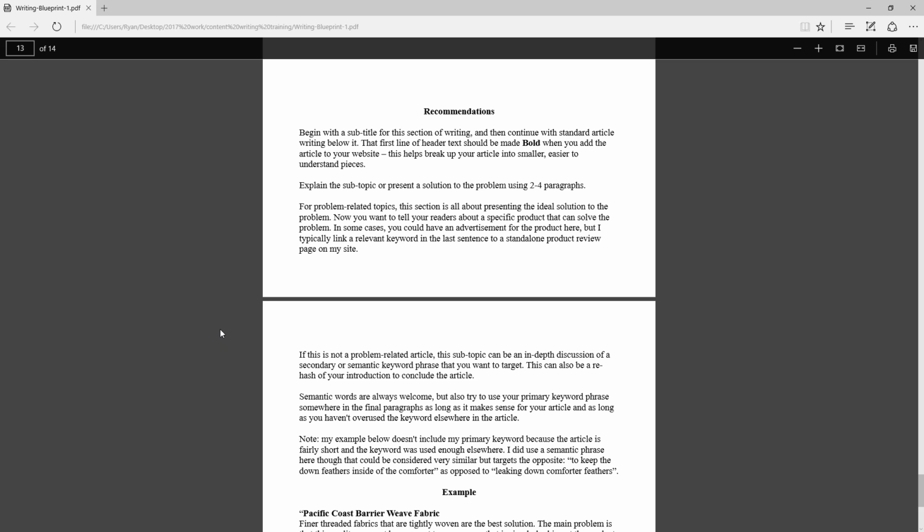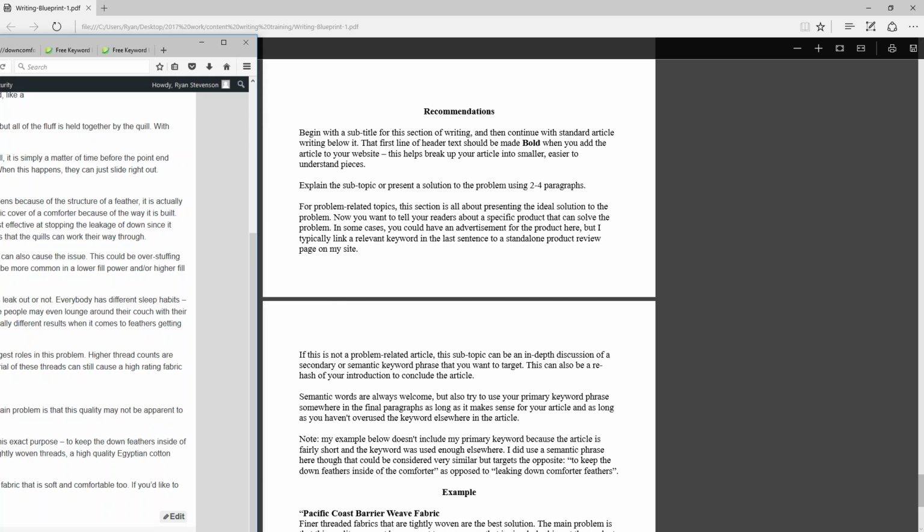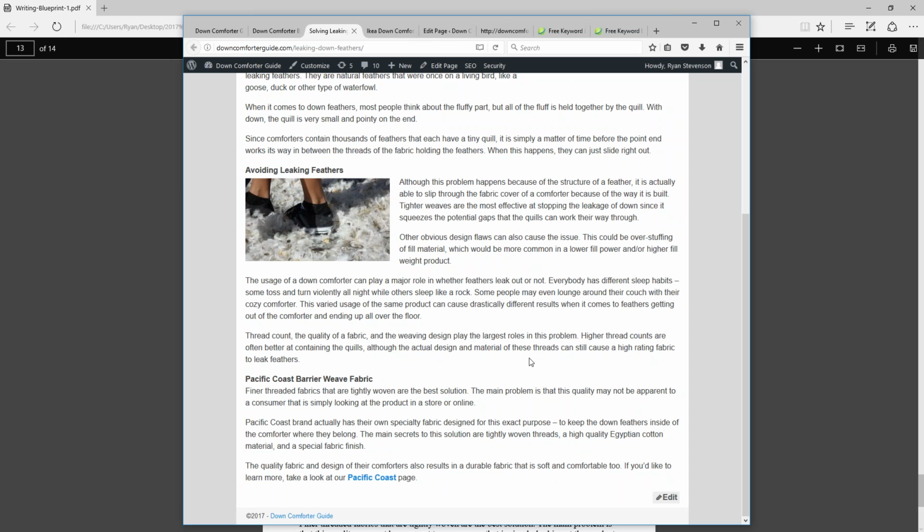There's a couple ways to do this, though. You can show an outright ad for the product at this point in time while also talking about the product briefly, or you can just include a link to another page on your site that then promotes that product. This is actually what I find myself doing in most cases.